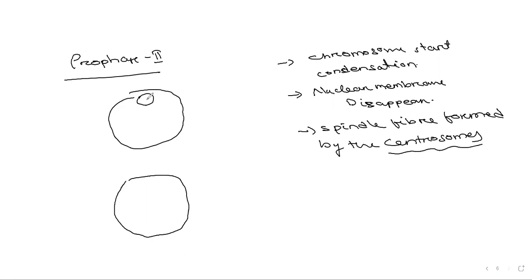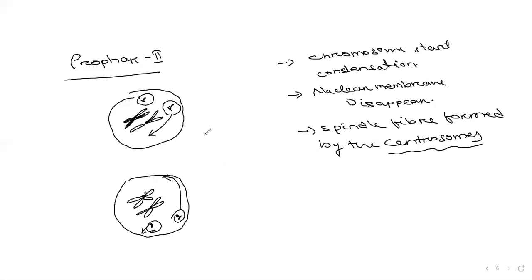So here this is your centrosome, and the centrosome also splits here, so that 2 centrosomes will form here. So these are the centrosomes, and at the end of this prophase, they will transfer to each pole. So this one will come to this pole, and in the center there will be your chromosomes. These are the chromosomes which are present here, and the spindle fiber. Okay, this is early prophase 2.